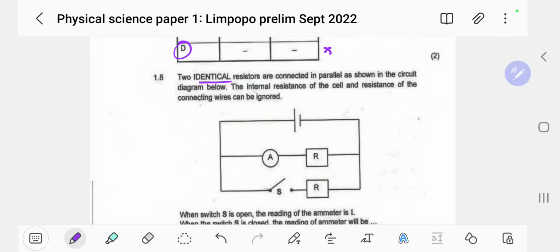So once we talk about internal resistance and that of the wires to be ignored, it means the EMF of the cell is essentially the voltage of the external circuit. All right, not a problem. So that means the EMF is exactly the energy that is supplied directly into the external circuit.